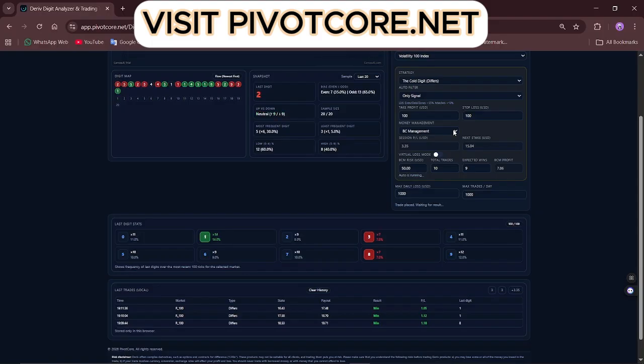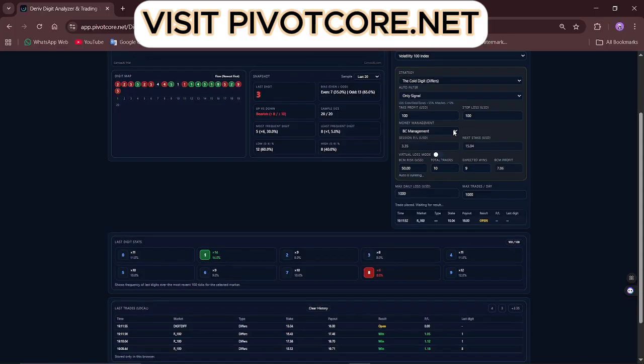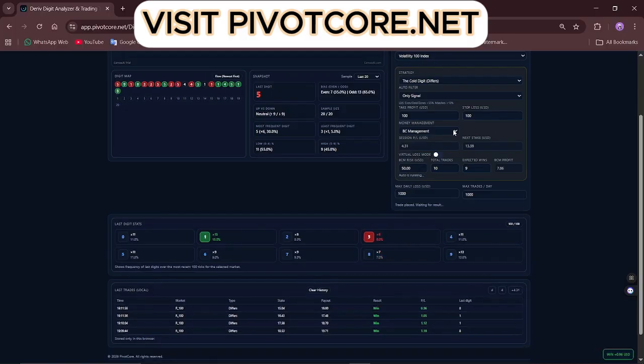Alright, the bot is running. As you see on the screen, the execution is instant. We are aiming for 10 trades in this session. Notice how the bot waits for the perfect market condition before entering a trade. This isn't gambling, it's data-driven trading. We just cleared the first 5 trades, all wins. The digit differs approach on this platform allows for a very high success rate because the margin for error is